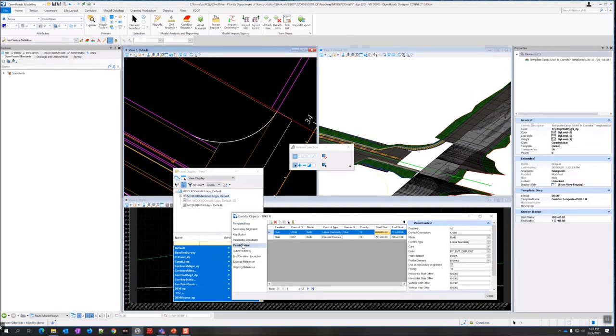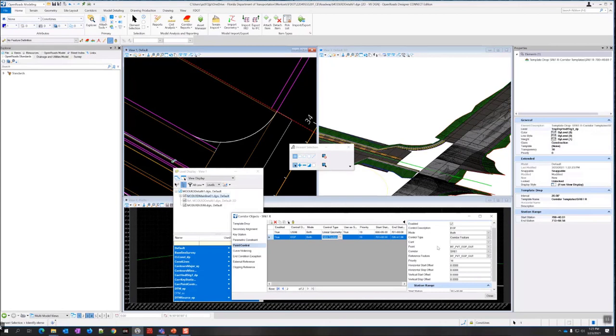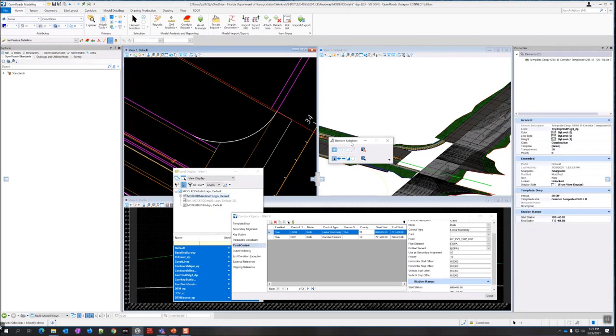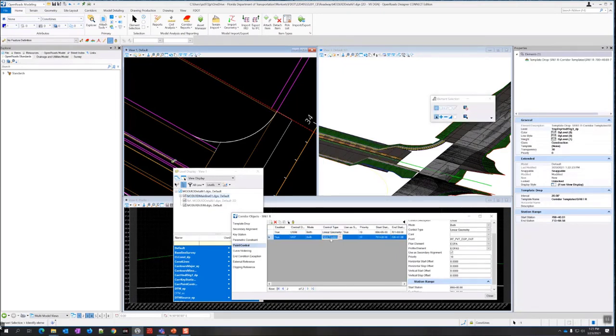Wow, where did my point control go? Oh, that's not good. It's enabled.